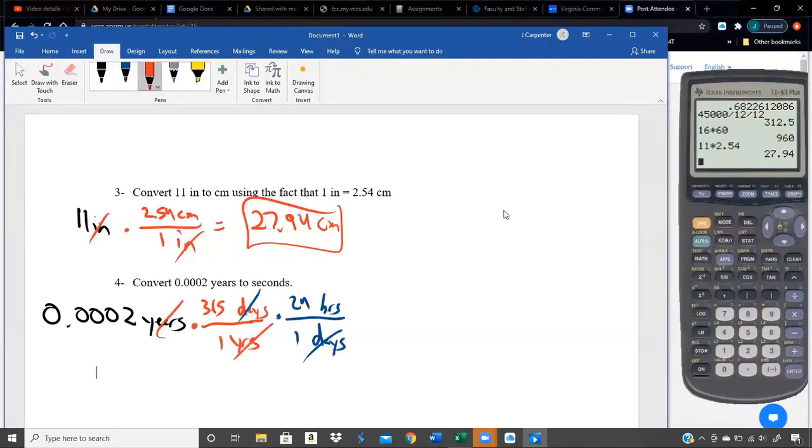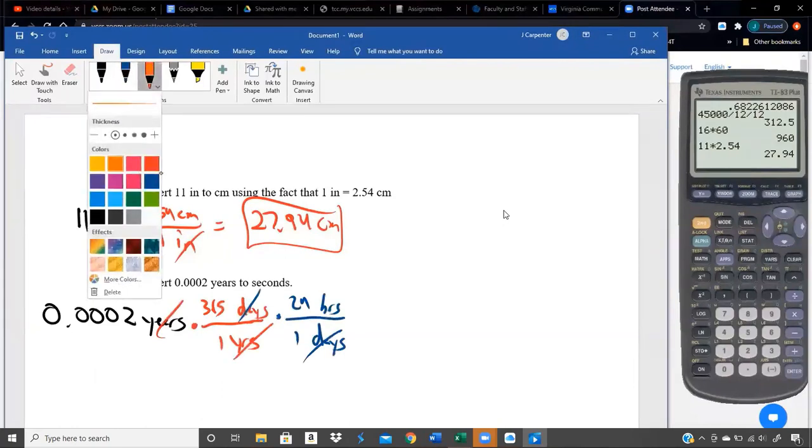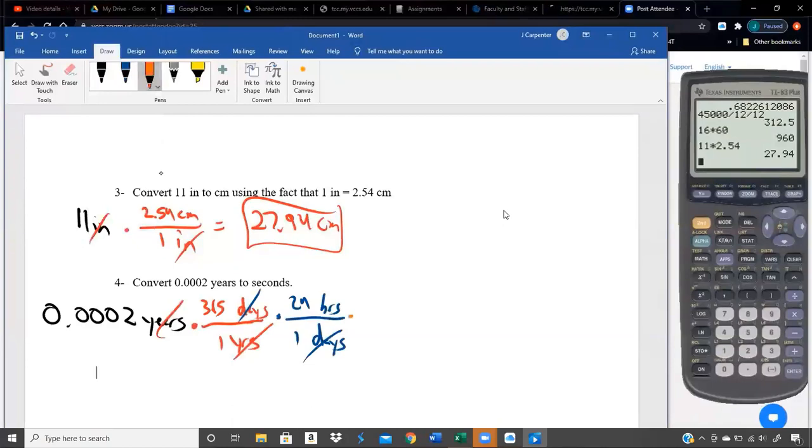Days are gone. Let's do another multiplier. Hours, we can go to minutes. Out with the old, so hours go in the bottom. Minutes then go in the top. It's 1 hour is 60 minutes. And then one last one. Oh, sorry, I forgot to cancel, but that's okay. The hours will cancel. And then going from minutes to seconds, out with the old, minutes go in the bottom, in with the new, seconds in the top. 1 minute is 60 seconds. Minutes are gone. And we're just going to take the 0.0002